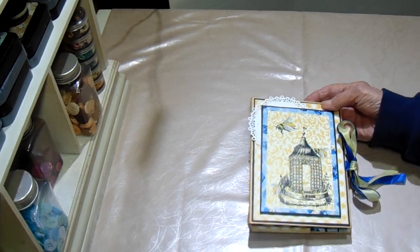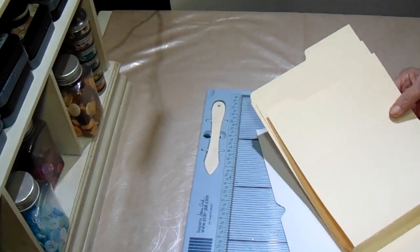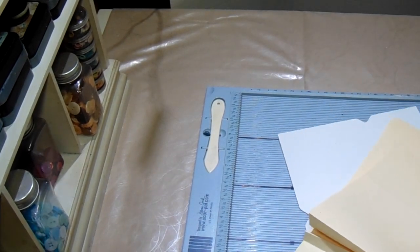Stay tuned, and I am going to show you how I constructed the little folder right now. So let me get my scoreboard out here. So you need 2 pieces